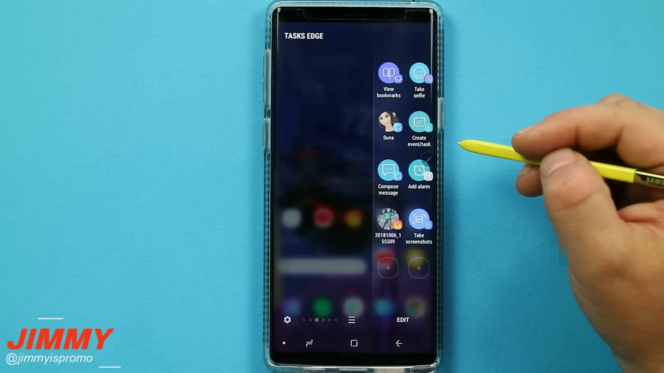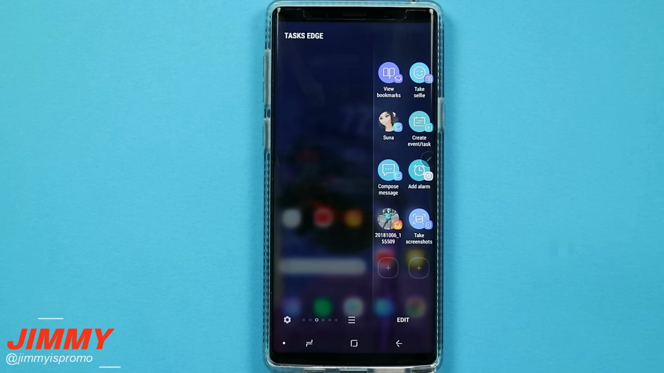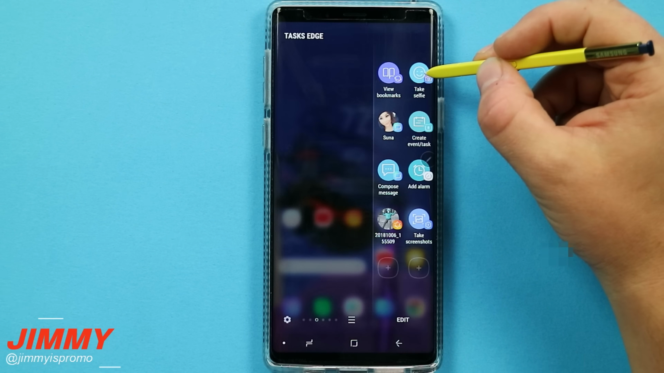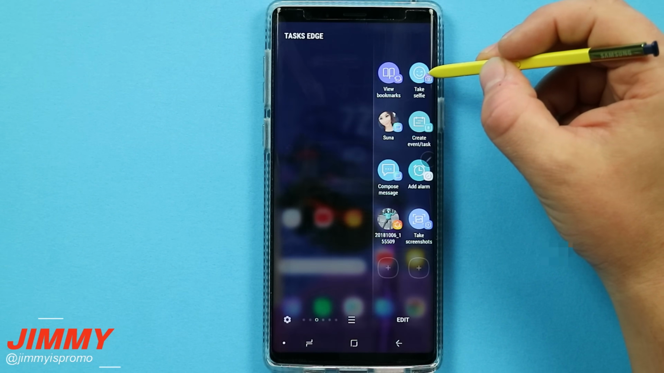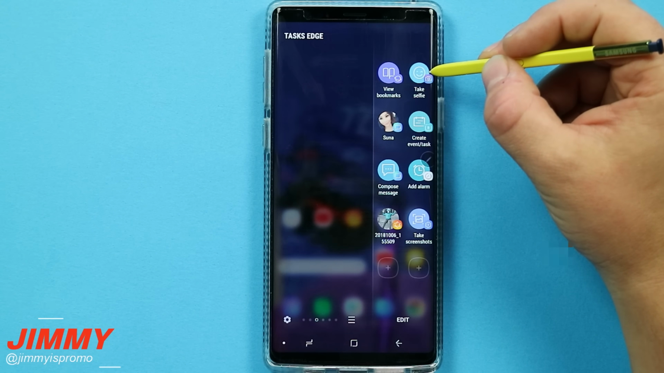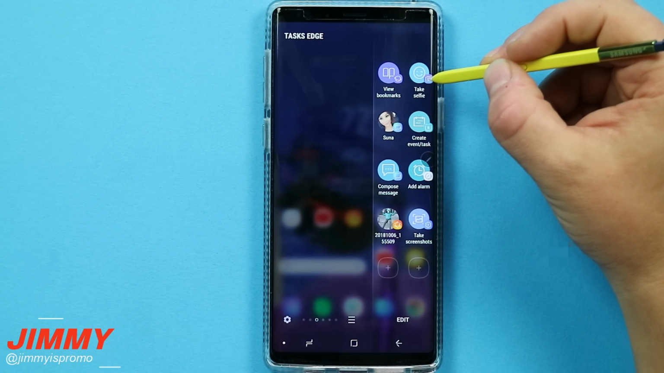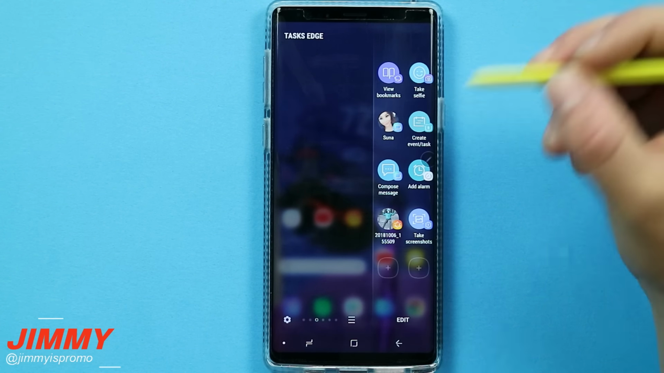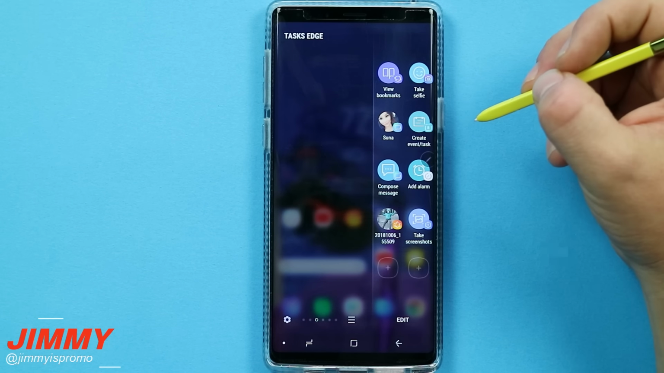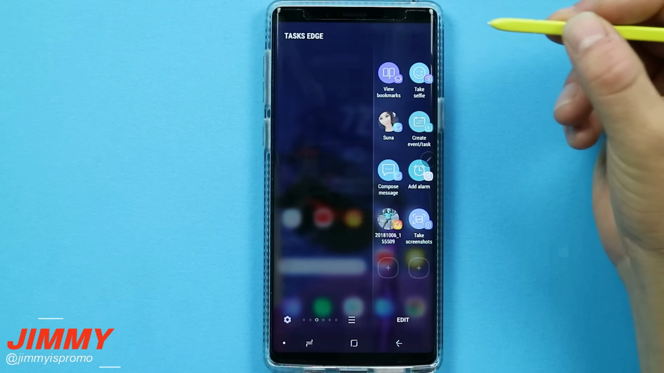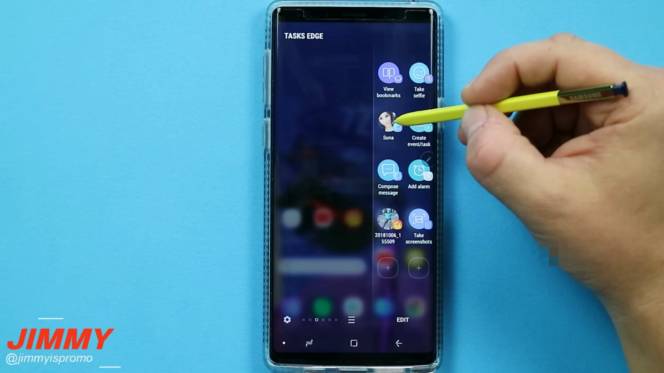So for Task Edge, let's talk about Task Edge first off. This is a way you're able to make your phone do different tasks for you. You'll be able to open up the camera and go directly into taking a selfie. So usually when you open your camera, it might go to some different shooting mode, maybe auto for your back camera, but if you know you're going to take a selfie, you can hit that option there. You can also view a bookmark instantly. You can set it up to where you're sending a text message to somebody directly, so you don't have to